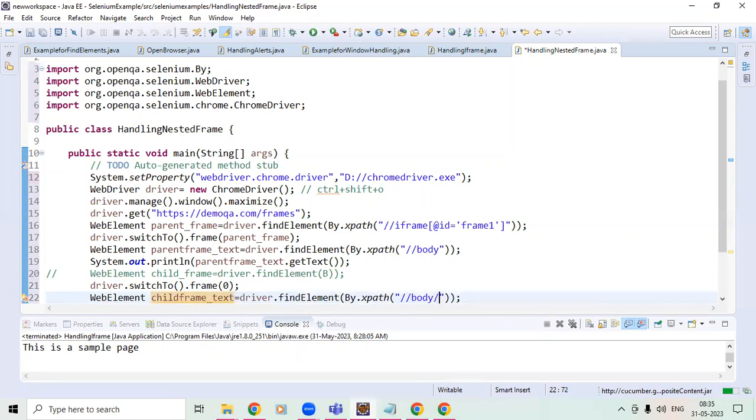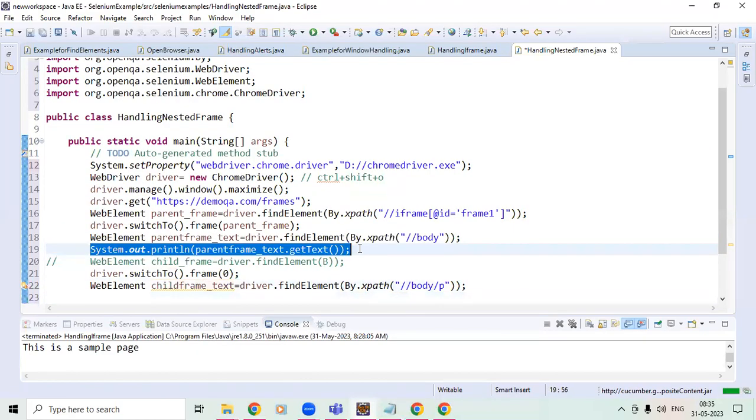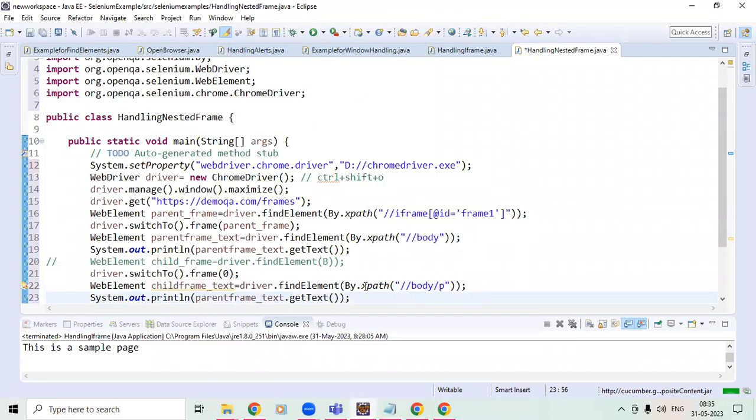Inside this I'll write /p, so it will return a text for us. Then I will take the system.out.println. Here copy this text